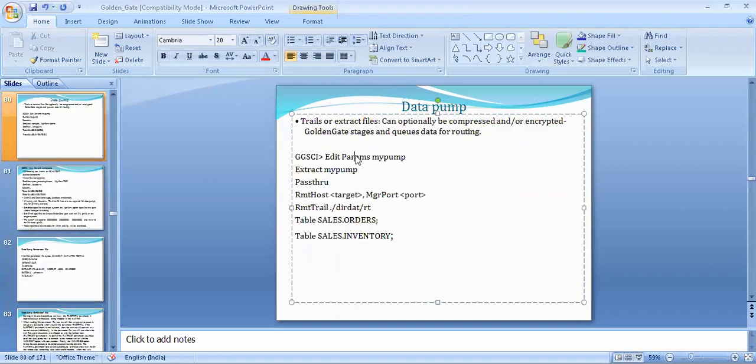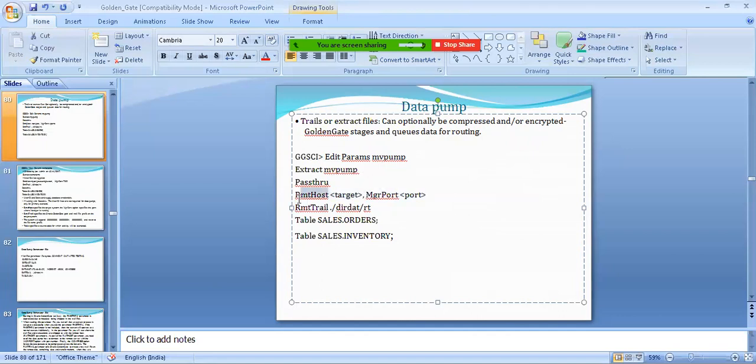The same parameters will mostly be used in data pump as well. Whenever we need to modify a parameter, we need to use edit param, then the process name. In the GGSCI environment, first we need to log in to GGSCI, then use edit param. Param means parameter, then the data pump name.